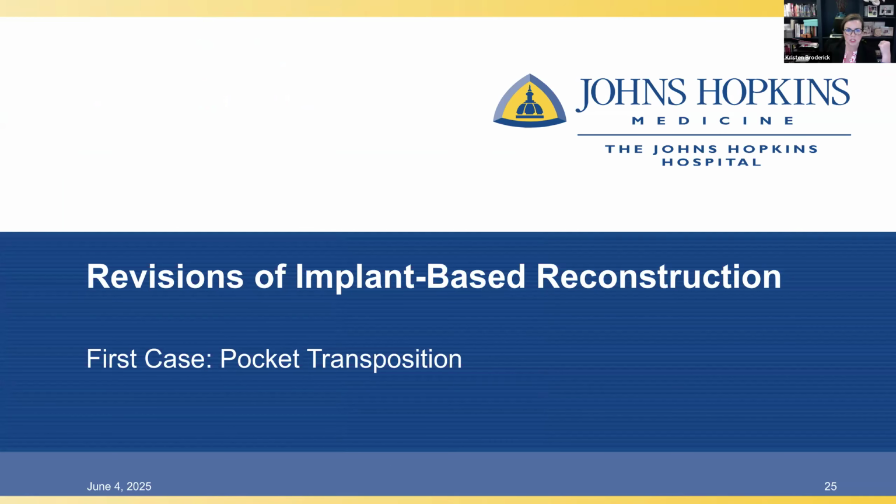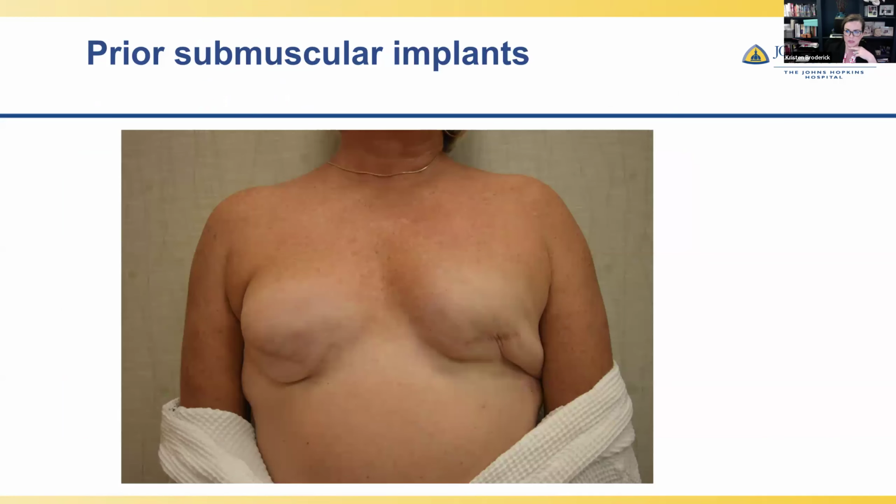So let's talk about some revisions. I've got a couple complicated patients. This was one of the first pocket transpositions I did, and she had submuscular implants, and you can see she has the stigmata of somebody who has had just decades of